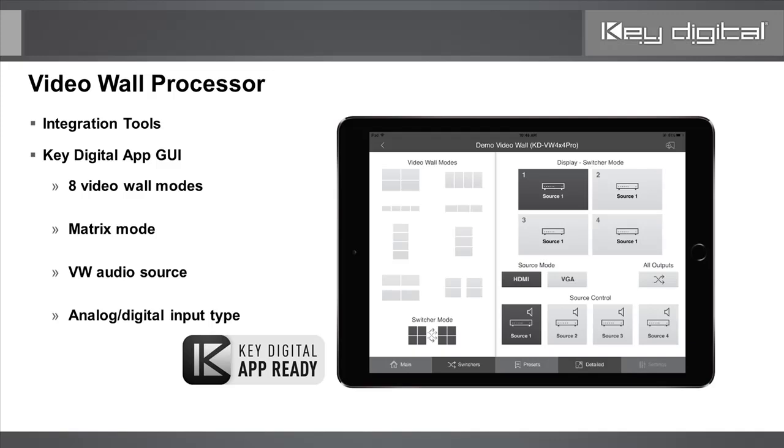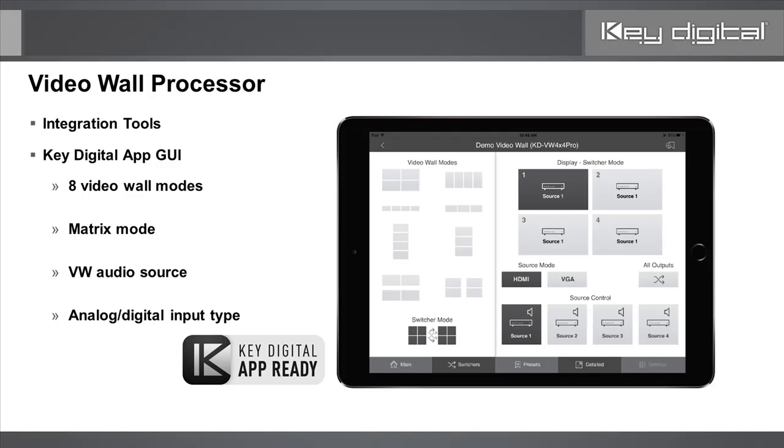And it should be mentioned that, as we go through all the looks at the KeyDigital app control GUI for these products, as a reminder, this GUI is built for end users. So you're not going to get some of those features, some of those options that the end user may stumble into and essentially break their video wall. That's not going to happen with the KeyDigital app. It's just giving you the control that the end user should have in order to make this